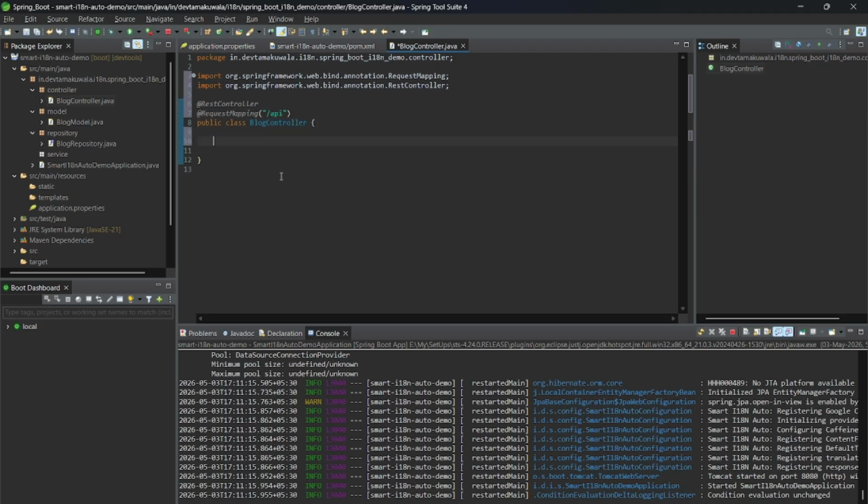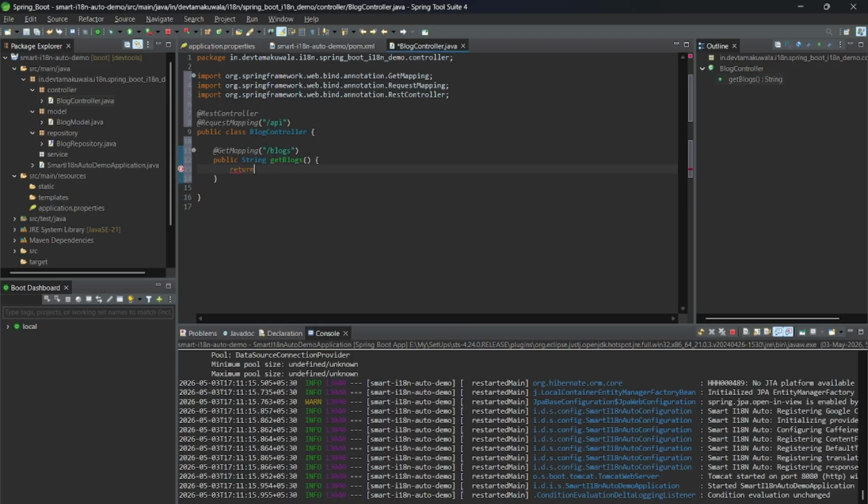Next, we will create an endpoint to get all the blogs, and to get all the blogs we will create a get mapping with /blogs as the URL. This will be a public method. As of now I am just creating a normal one, so we'll first return a normal string and we'll test if it is working properly or not. It will be string get blogs, and we will return